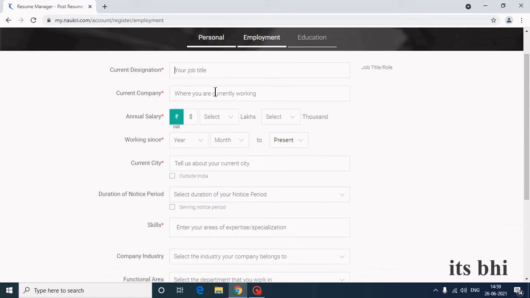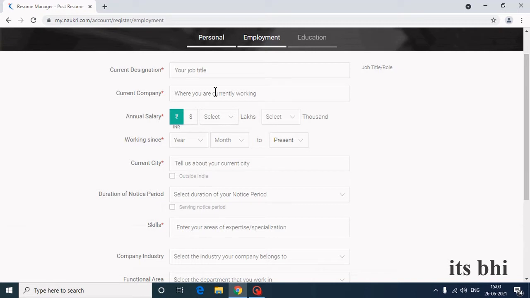For current designation, you should give your job title. If you have been working for 1 month in a firm and have gained knowledge from your seniors, you can add that title as well, because in interviews they are not going to check your experience completely. You can learn something new from the web; Google is an open platform. You can learn many technologies related to your current working scenario. Once you are in a work environment, you should try to grow your career related to your current work experience. Then only can you explain it excellently to any recruiter.